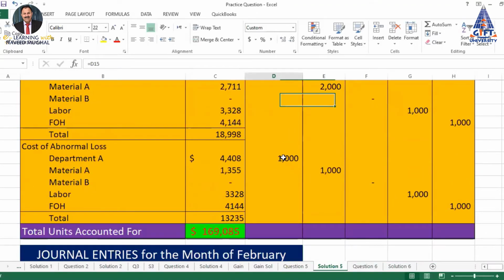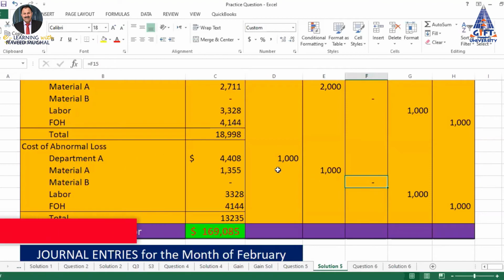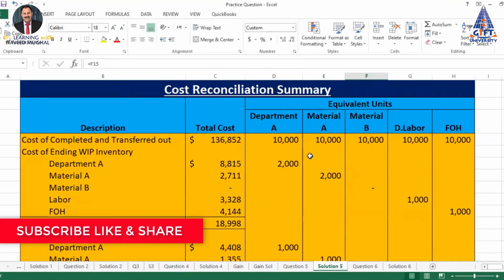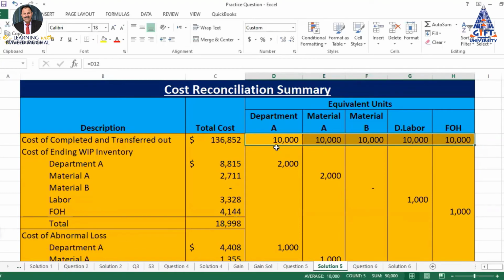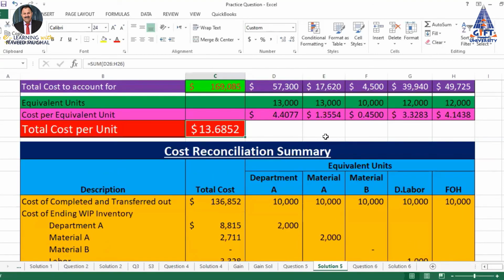And this is 1000, 1000, 0, 1000 and 1000. So these four figures have 1000, and this is 0%. So it means they are different, so we have to calculate it differently. As a general rule, remember that you need to calculate differently unless all elements have the same equivalent units. Just like in the first row, all cost elements have the same ratio, same number of units. That's why we have calculated only one line figure, that is 10,000 multiplied by the total cost figure.